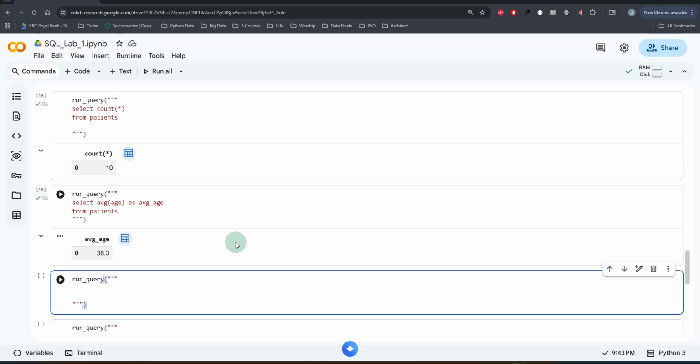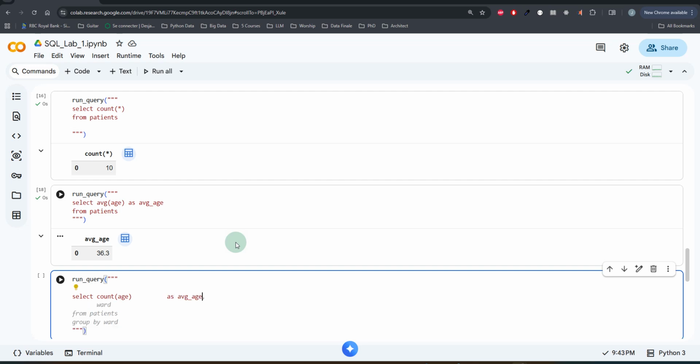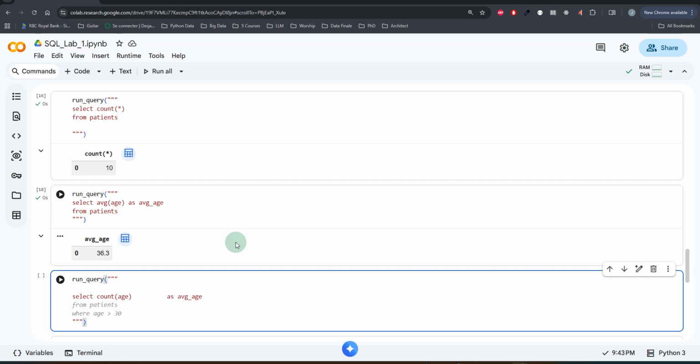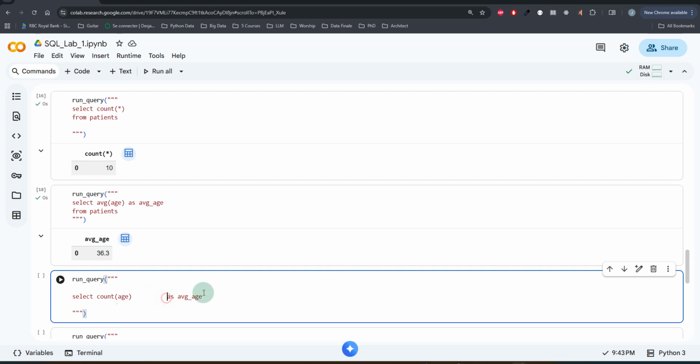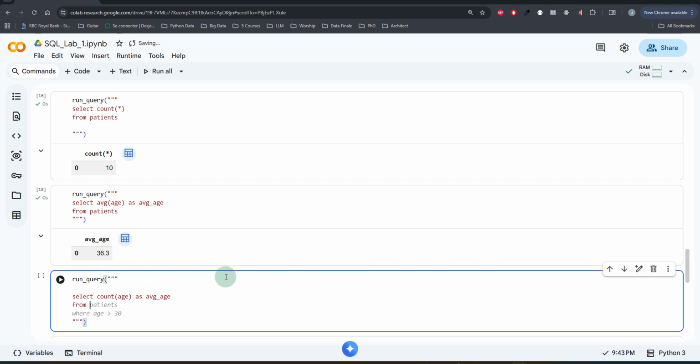Now let's make it a bit more interesting. So I'll still say select count age as average age. Okay, why do I have this space? Did I make a mistake? From patients